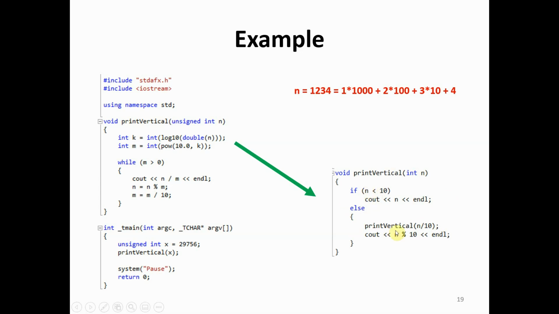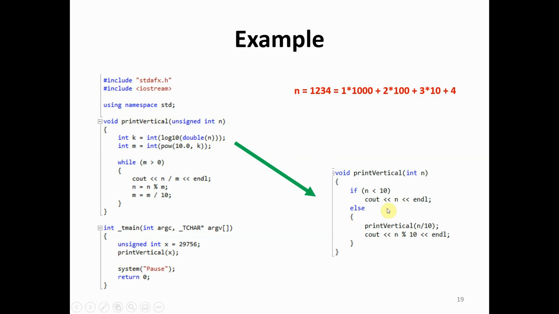It's going to come here, it's going to call the function with argument 12. It's going to call the function with argument 1, and now this is true, so it's going to print 1. It's going to come back here, right? So n was 12, it's going to print n mod 10, which is 2, and then